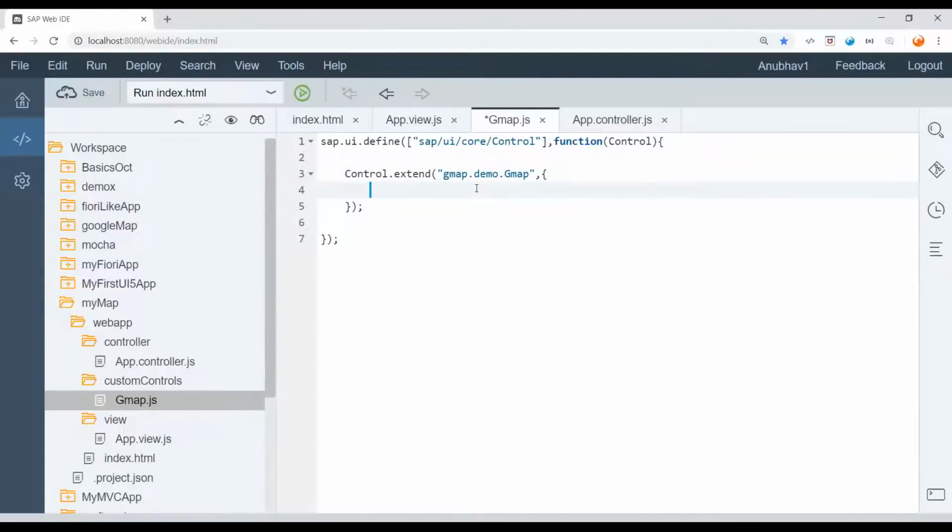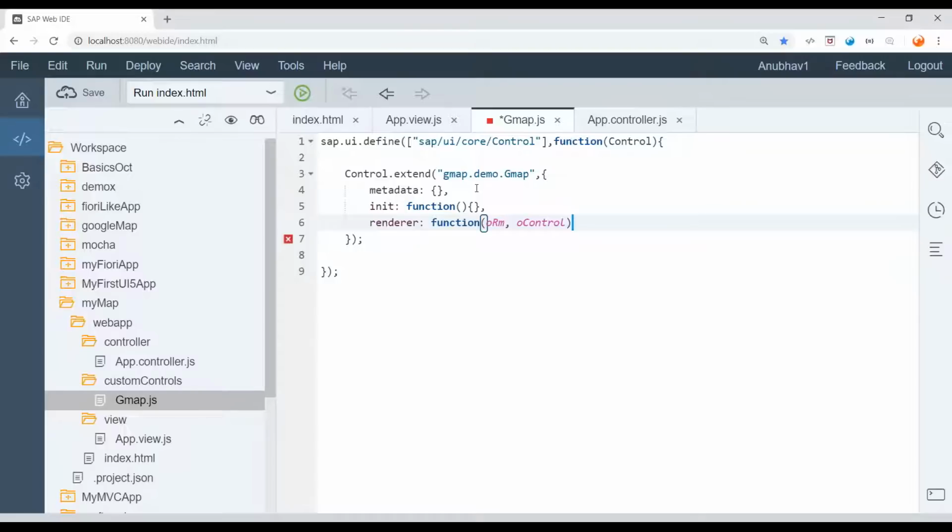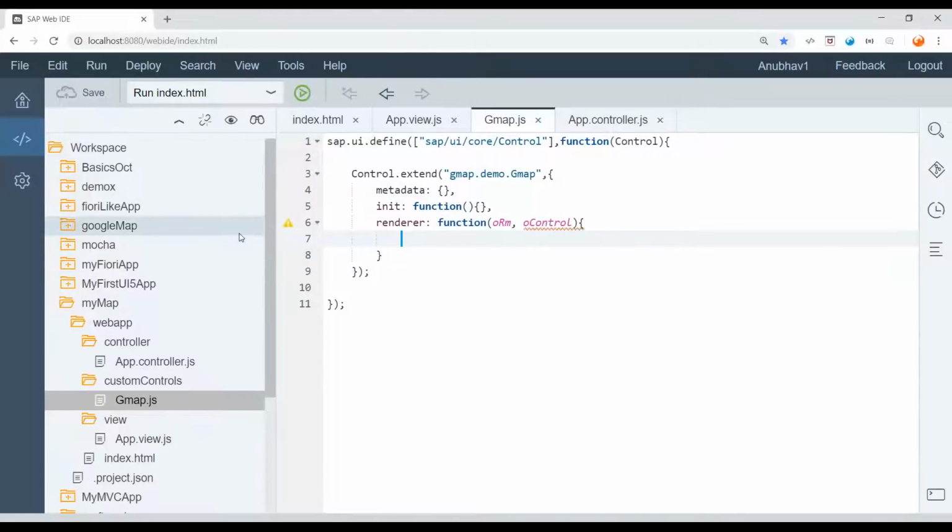It typically has three sections, very important. First is metadata, second is the init function, and then we have the renderer, which receives two arguments, oRM and oControl. This is what we did also in the last class, no rocket science. Exactly the same thing. So now we are creating a new custom control called Gmap. And this Gmap control is part of your own custom library. Let us go ahead and now put here